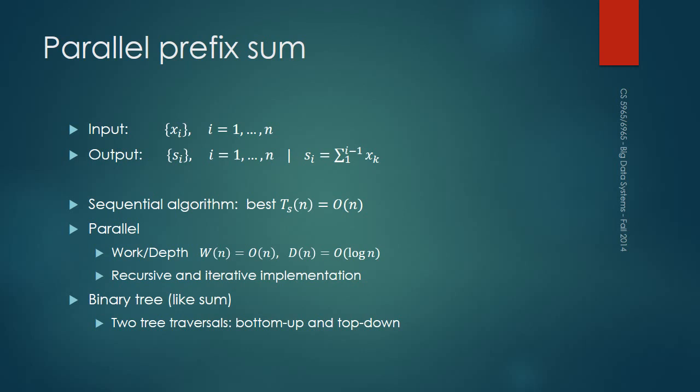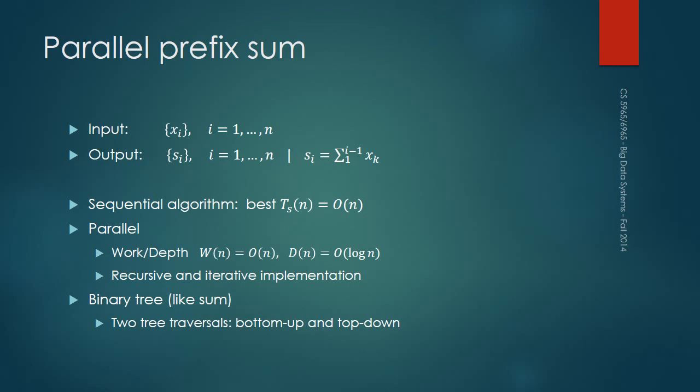So this is where the complexities are interesting. Yes, the constant is different now. You're doing two passes over the tree in parallel, which can be a problem depending on how good or how bad your network is. But this is still the best you can do, and it's a very useful algorithm. It's so useful that in a lot of frameworks, you will have vendor specialized, super optimized code to do prefix sums.